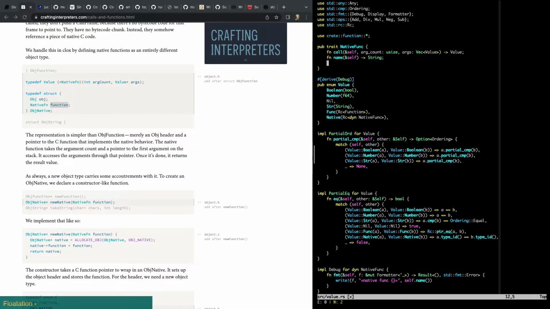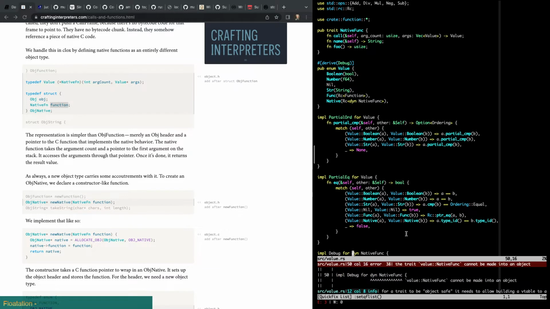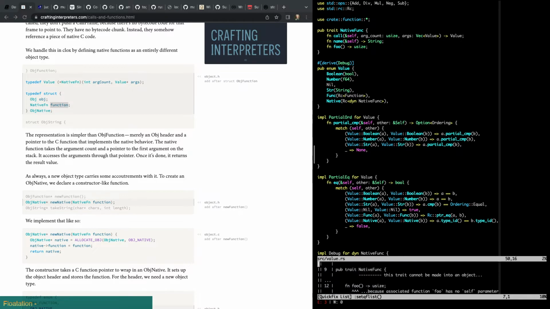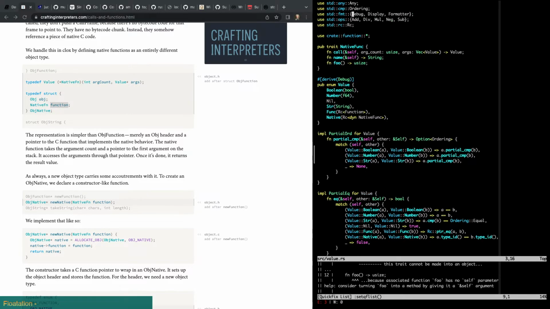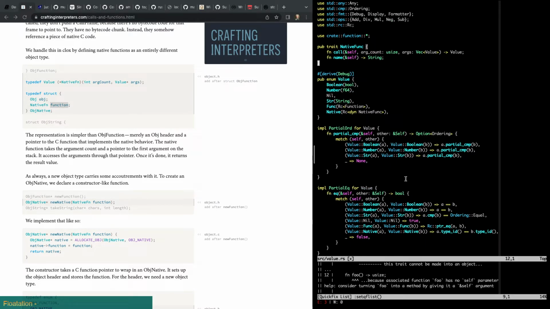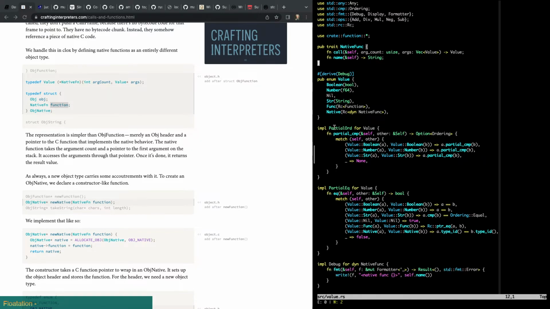If we had a function here which returned something without that, then suddenly we're going to blow up because native func can't be made into an object. It can't be made into an object because it has a function inside it that doesn't take a self parameter. So you have to make sure that anytime you want to make a dyn into an object, every function in the trait needs to have a self. So that's good to know.